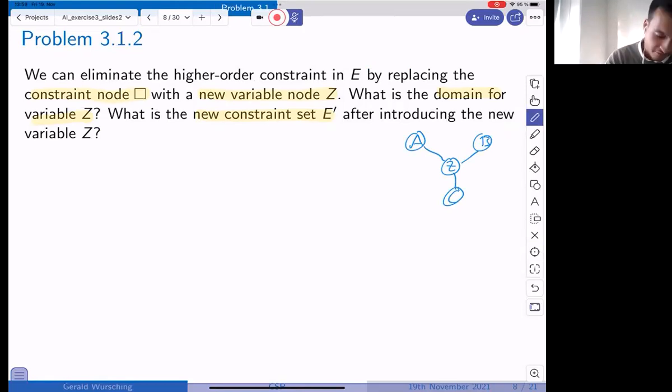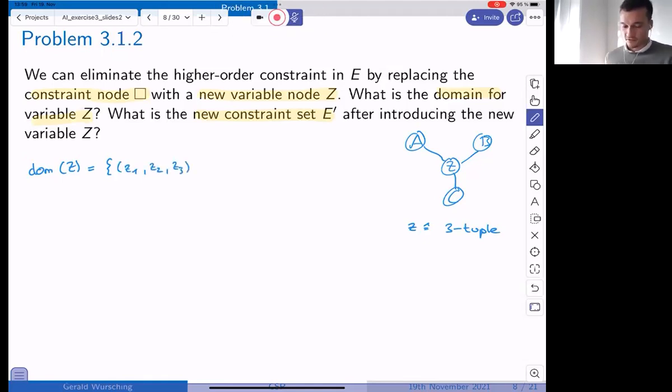The domain of this variable z is going to look something like that. We say that z has to be a 3-tuple. What that means, I'll show you in a minute. A 3-tuple basically means that z is not a single variable, but it's made up of those. Oh, sorry, this is too small. But it's somehow a variable that looks like that.